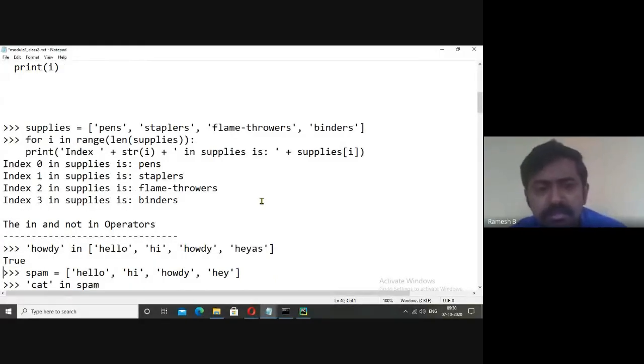concatenating the list elements with some message. If you want to insert any message, we must write that in single quotes. See in this example, you can see index is required here, so I'm placing that and concatenating with the element. Similarly, I'm converting that into a string, and I'm also appending it with some message.